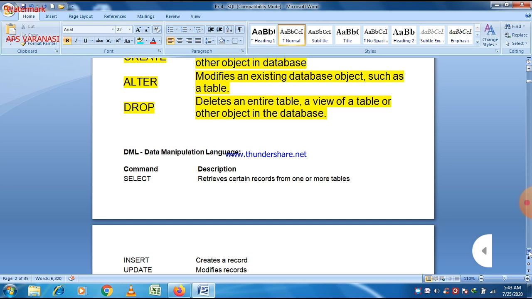But using the delete command, if you delete all data or the entire data of a table, then you can put a select statement for that table, and you can easily see that the result is that no data is found. No data is found means that there is no data, but the structure is still there for that table. It means that using the delete command, you can delete the entire data but not the structure.